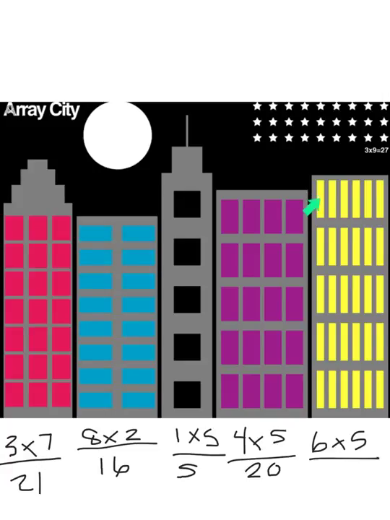Here we have 1, 2, 3, 4, 5, 6, 7, 8, 9, up to 30. So 6 times 5 is 30, or 5 times 6. Remember, they can be interchangeable. Okay,